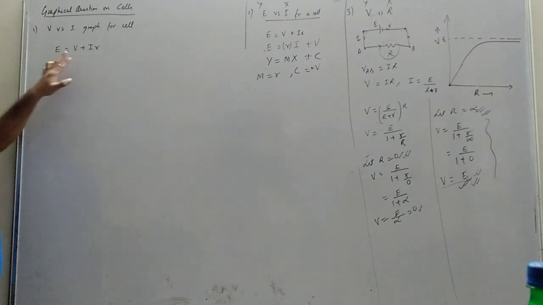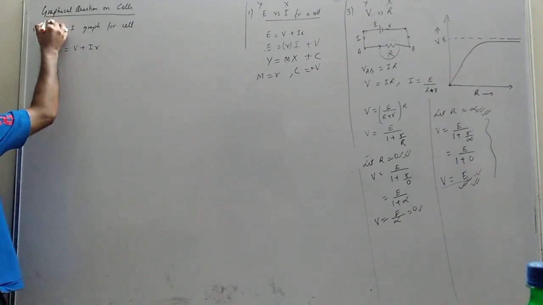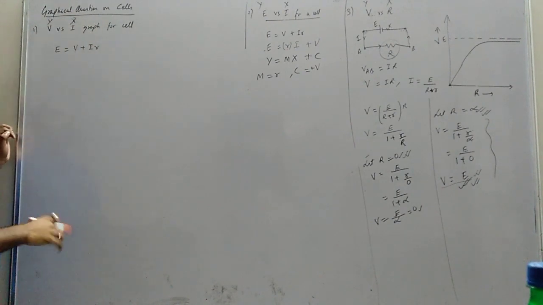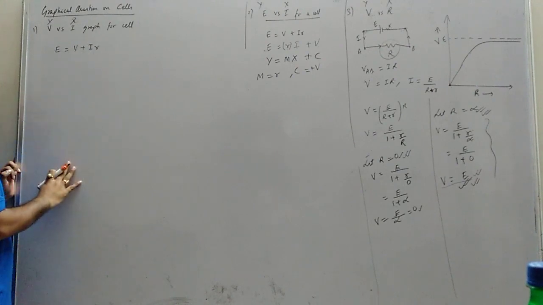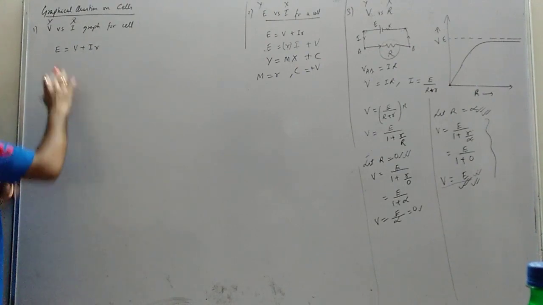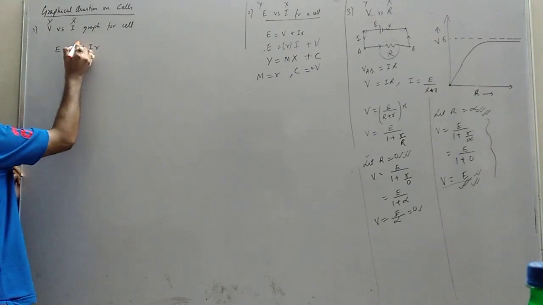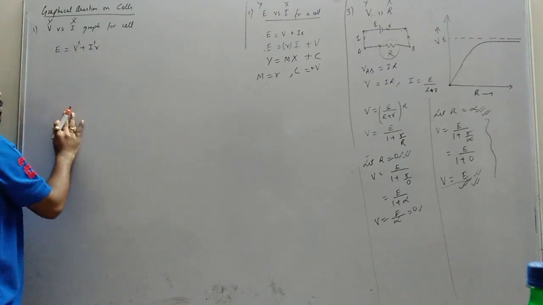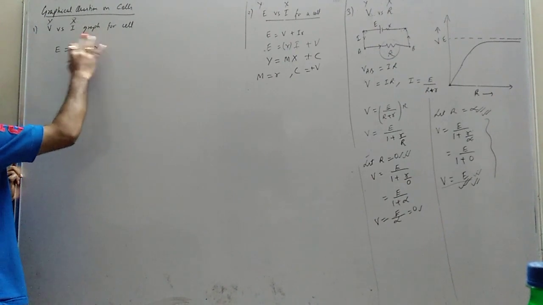Next job is to see how many variables we have. V is a variable, I is a variable, because it is the y-axis. The first one is the y-axis, the second one is the x-axis. That thing you know, I hope so. Other than that, we have E, we have r, and they are constant in a cell. Now, see this: the y coordinate power is 1, the x coordinate power is 1. That means it will be a straight line. Both the powers are 1, 1. That means it will be a straight line.